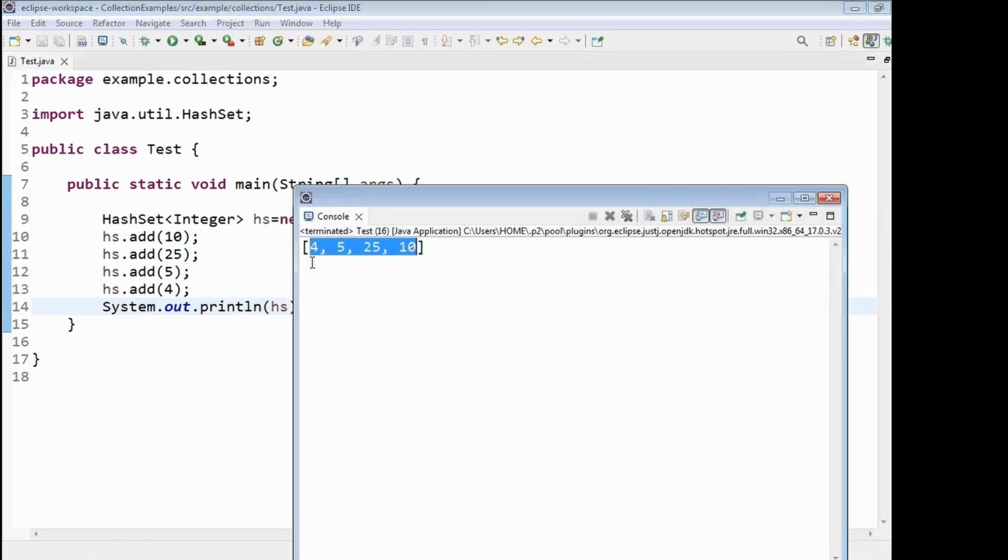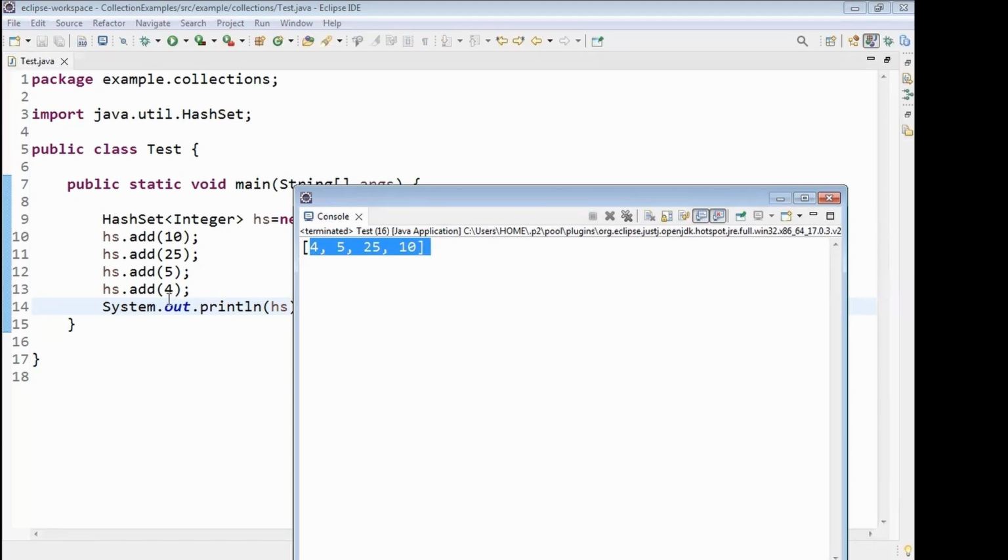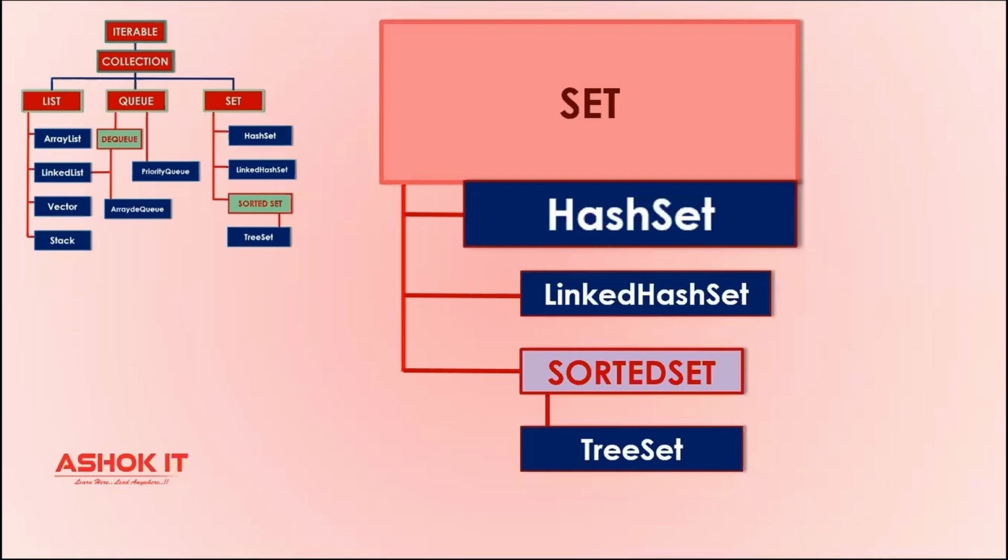Now you can observe here, it is not maintaining the order of insertion. It will randomly store the elements. So 10, 25, 5 and 4 is the order, but it is 4, 5, 25, 10. The order is different. The hash set is not sorting the elements, but it is not even maintaining the insertion order. So that was hash set in practical, and then we will be seeing next the linked hash set,